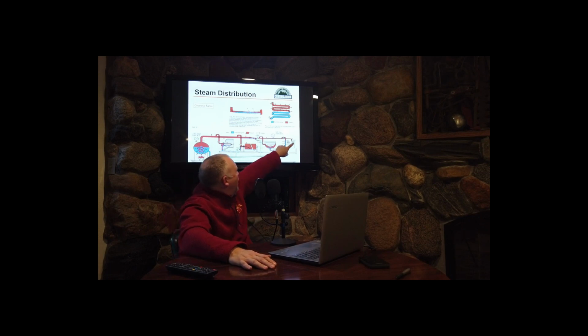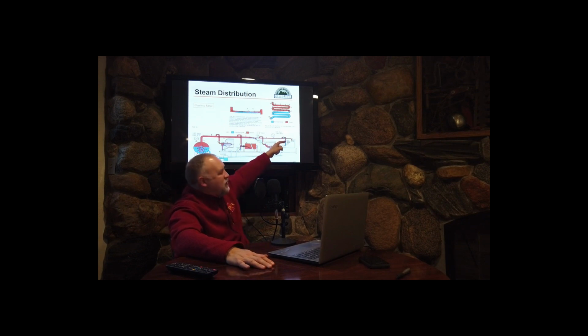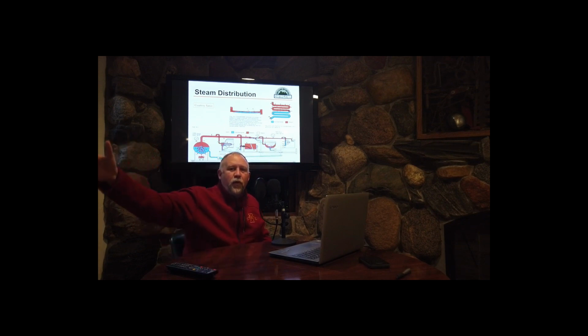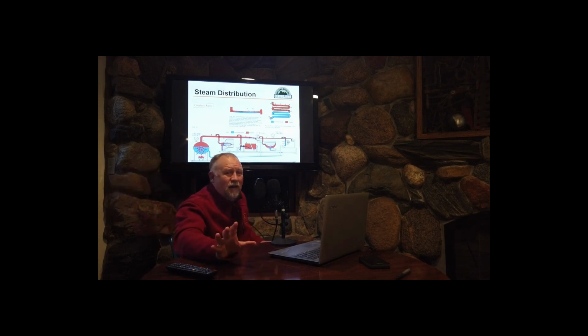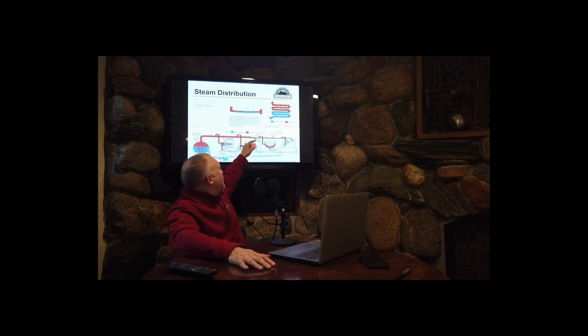Notice these traps along the way, like at the end and along the way. As we take steam and transmit it a long distance, like at Iowa State, from the boiler plant all the way here to Town Engineering, that's a lot of piping surface area. No matter how well you insulate that pipe, you're still going to have heat loss. In other words, it is still going to lose some energy along the way. We can't ever get that heat loss to zero, but what we can do is minimize it, and that's why we insulate it. But we're still going to lose energy. Along the way, some of that steam might condense, and we have to get it out of there, and that's what these traps are for along the way and at the end.